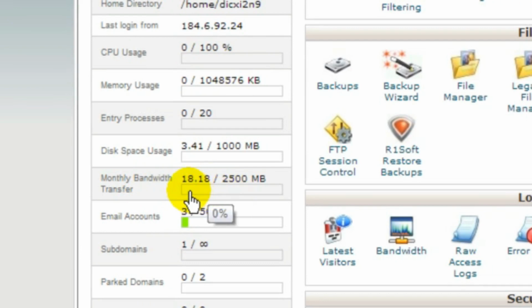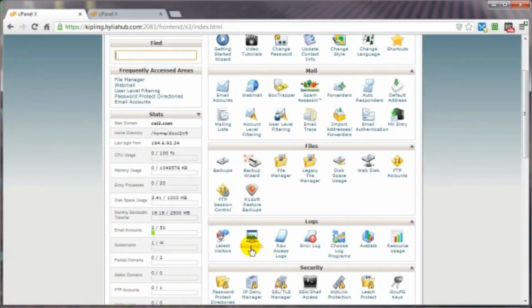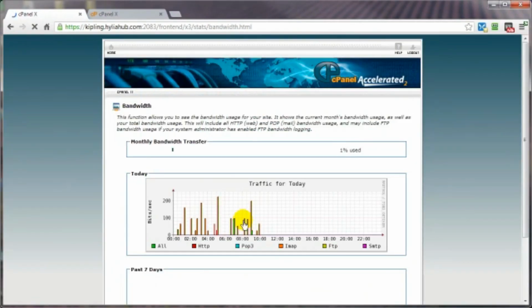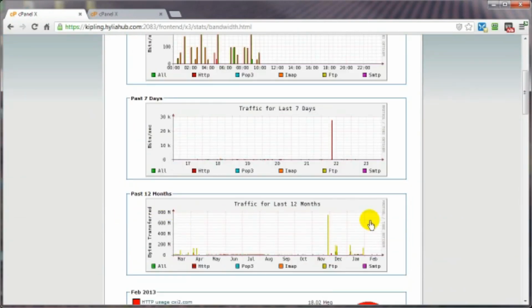There's nothing actually even registering, because as the usage takes place, you'll get a color guide here to let you know at a quick glance if you are okay, or if it's getting into the red close to the end here, that you need to make some adjustments. But that's the monthly transfer right there at a glance, and to get the details, you click on the bandwidth link there, and this can give you the traffic for today, for the past 7 days, the past 12 months,